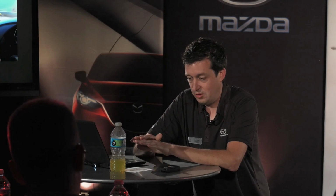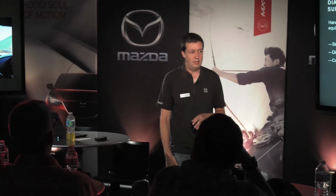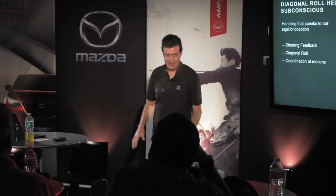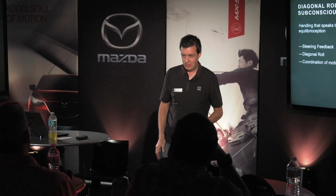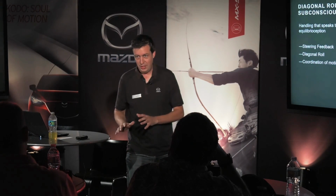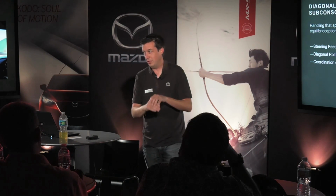The other surprisingly subtle thing that we figured out is that if the car has the initial roll posture, when you first make a little bit of an input, if it's diagonal, so the outside front corner drops before the car goes into the corner, that seems to help for a couple of different reasons. One reason we think is that anytime you turn when you're walking, you always have to turn on a downstroke with your outside foot. I'm not going to turn like this with my inside foot. The force doesn't work that way. I've got to push with an outside foot, and since you've got to do it when that foot's out in front of you, there is always a downstroke, a little bit of deceleration because your foot's out in front as you're pushing off, and so you've got this sort of three-dimensional profile to the way the force arrives